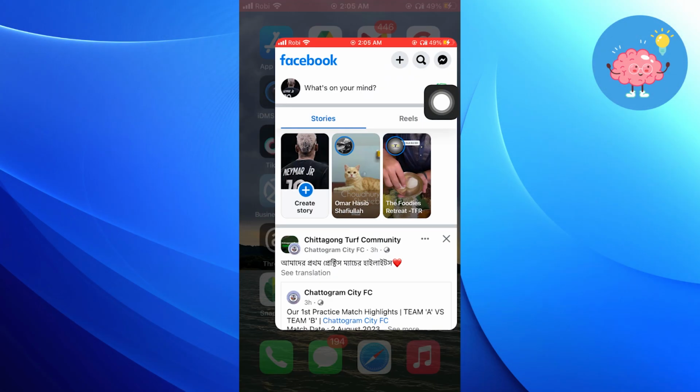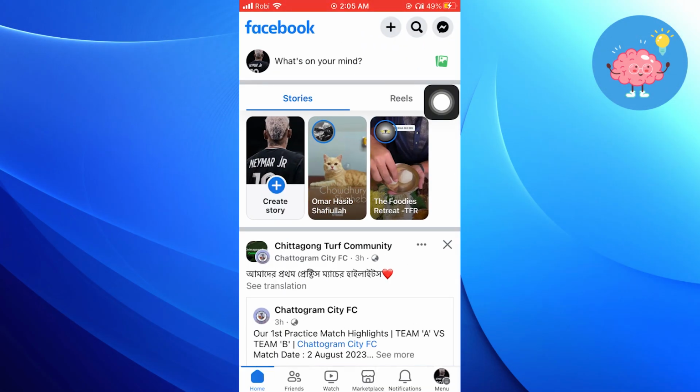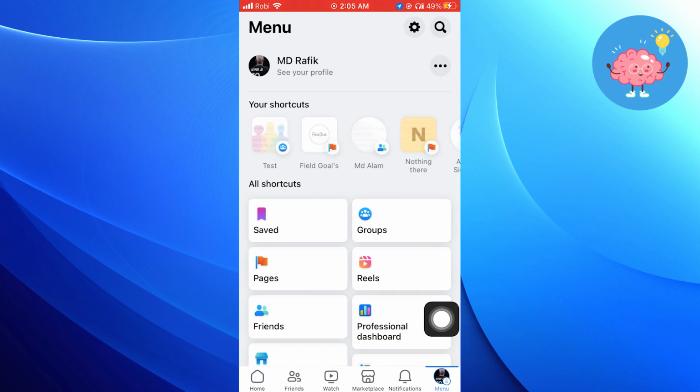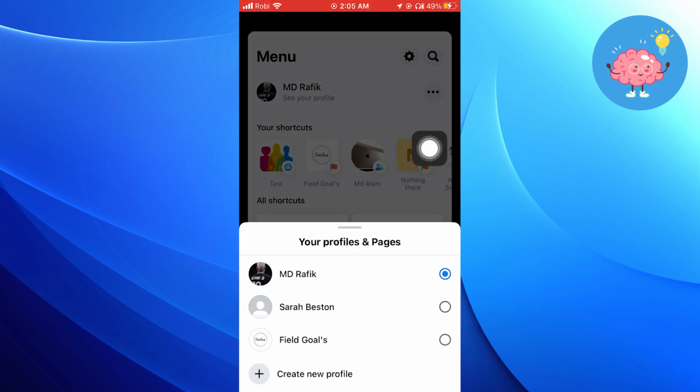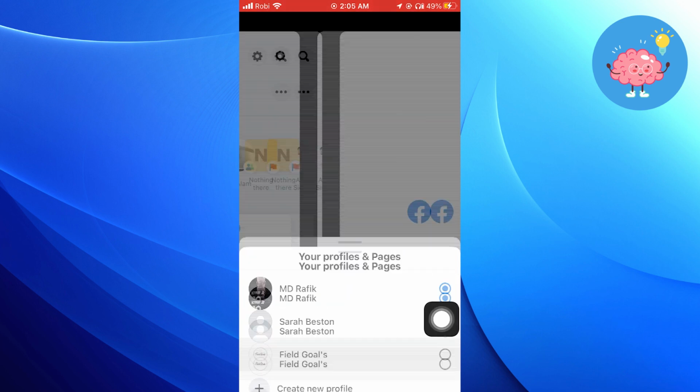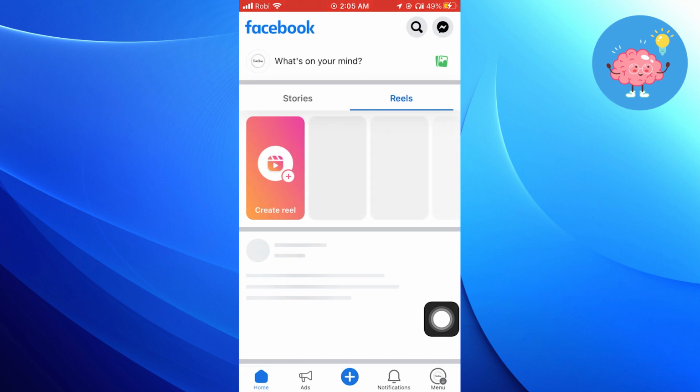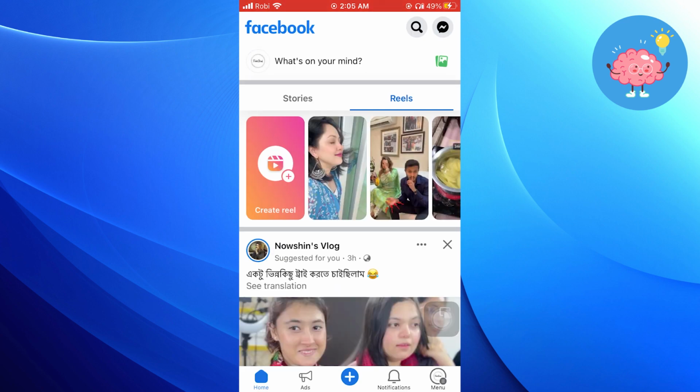First of all, open up the Facebook app. Then click on Menu from the bottom right corner. Now from here, click on three dots to switch on your Facebook page. Once you get into your Facebook page,